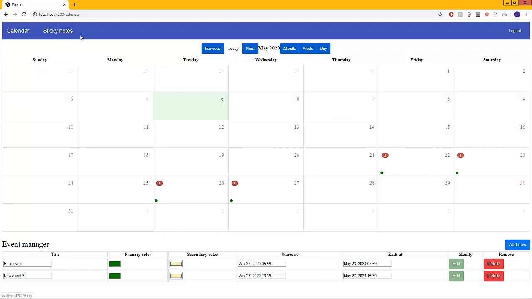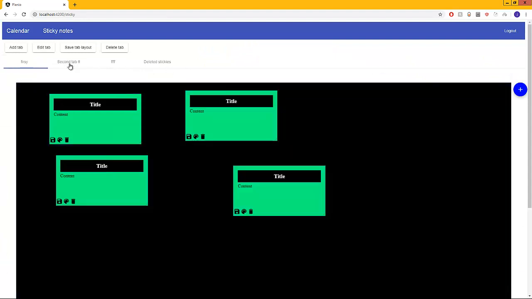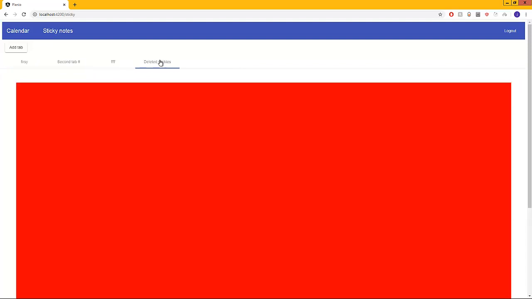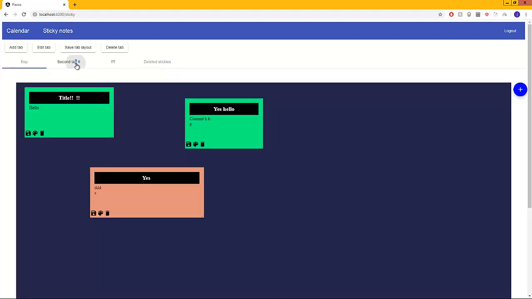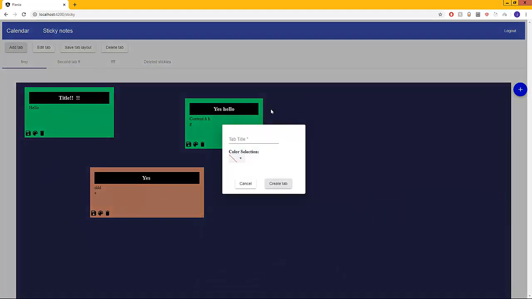So the other part of the project is sticky notes. You can have multiple tabs of notes, and if you delete one, it's going to go in the deleted tab, and here you can permanently delete stickies. You can see you can edit the tab, save a tab layout, and delete one, but it's not available for deleted stickies. So if I add a tab,